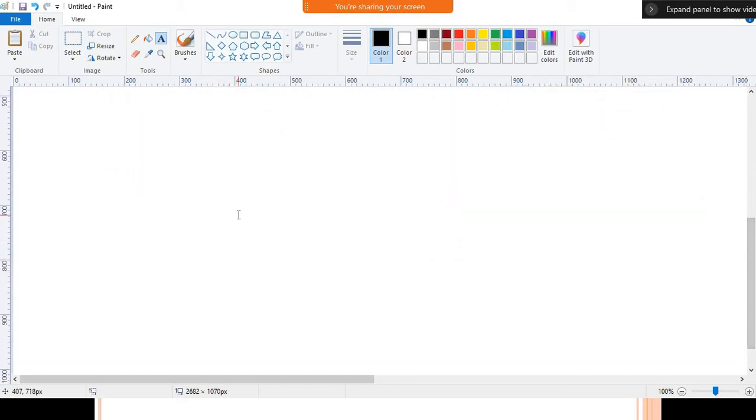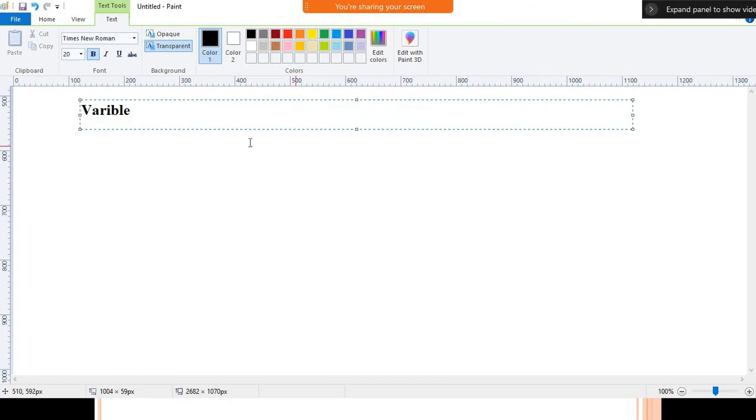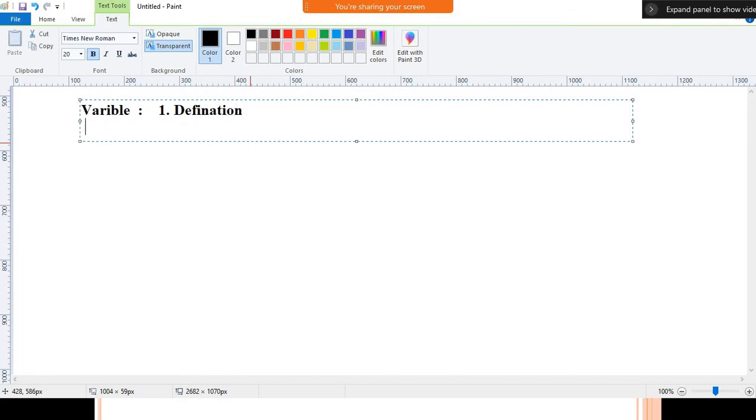Now we have seen the definition of variable. Now we'll use some rules and regulations. First of all, I will specify what will be discussed, and after that we'll go through it one by one. Inside the first part we understood the definition of variable: the name given to a storage area where we can store the value, whose value can be changed during execution of the program.